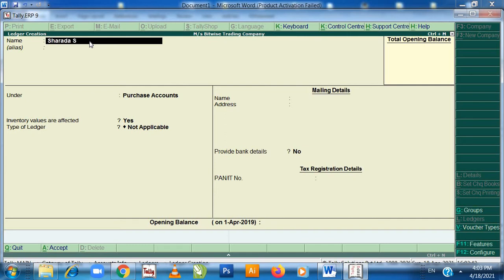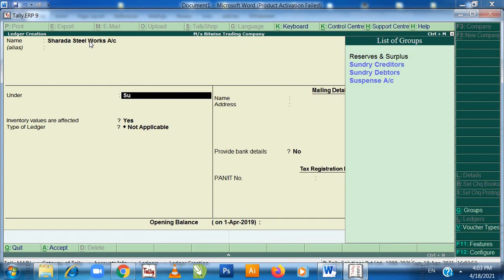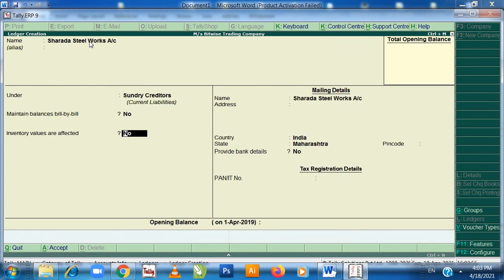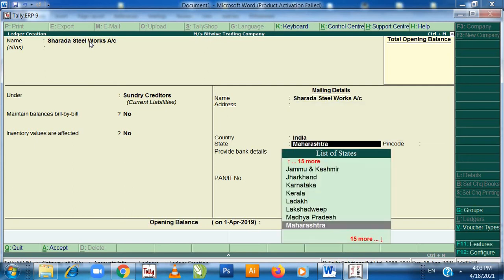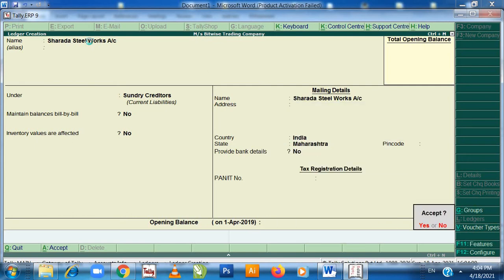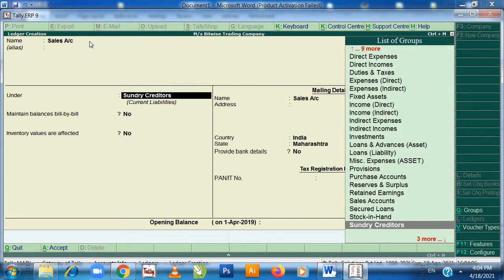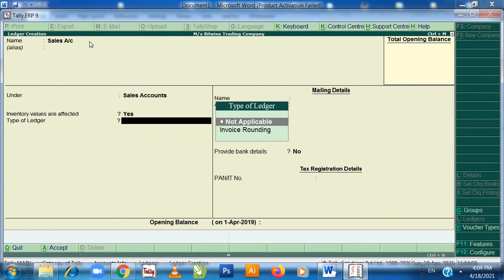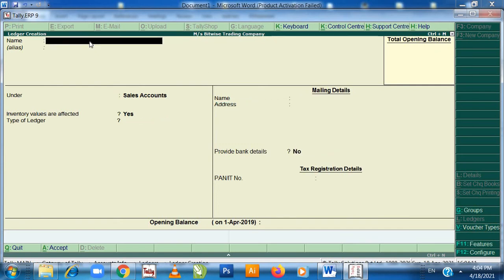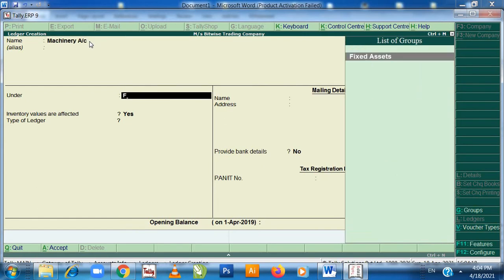Shraddha Steel Works account under Sundry creditors. Then sales account under sales account. Then machinery account under fixed assets.